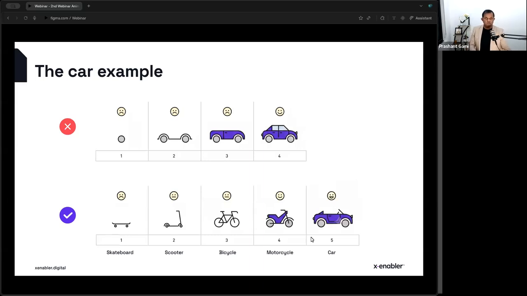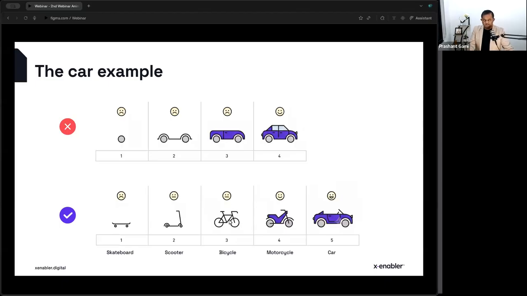So your first version might not be the car. Because you build the wheel and the axle and the alignment, you can build a skateboard, which is ready in 1 week. You can start selling. Okay, now skateboards are hard because the learning curve is very steep and not everyone can skate. Let's put a handle on that and call it a scooter. We got more adaptability, but it's still not perfect. It still doesn't go as fast. So let's convert that into a bicycle. Now it goes faster than the scooter. More people can ride it. It's a bit more ergonomic and solves the problem.